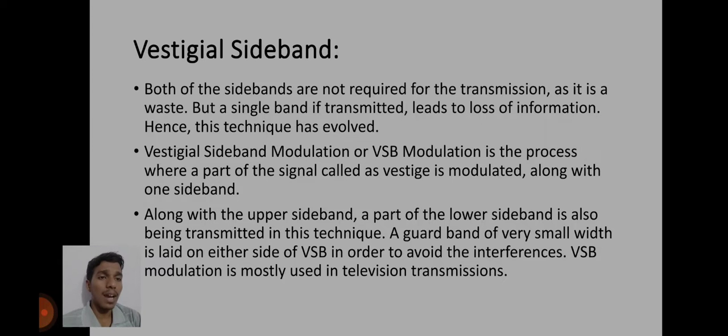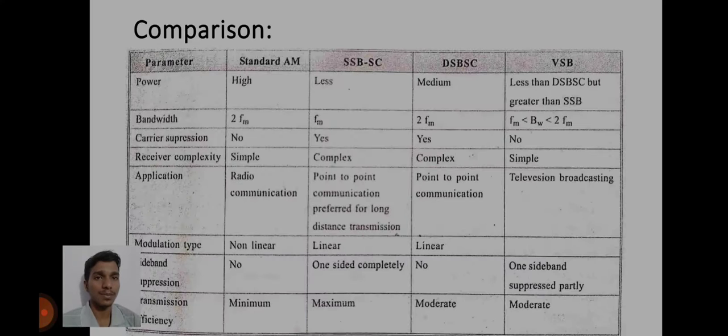A guard band of very small width is added to either side of VSB in order to avoid interference. VSB modulation is mostly used in television transmissions. Comparison. When we go for the comparison, we are